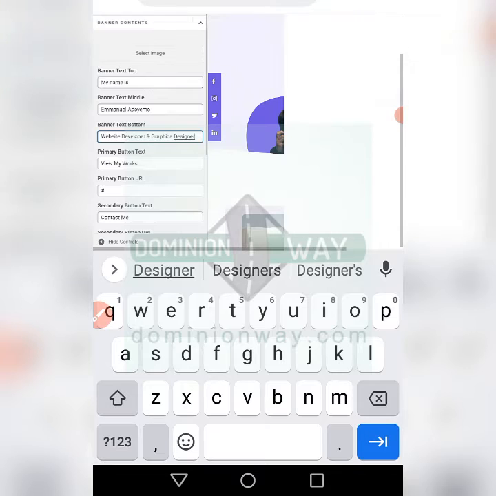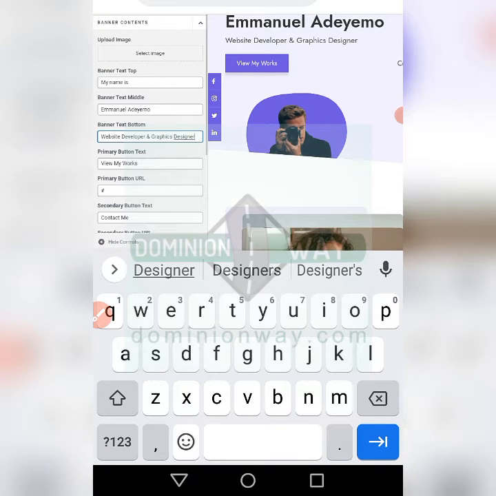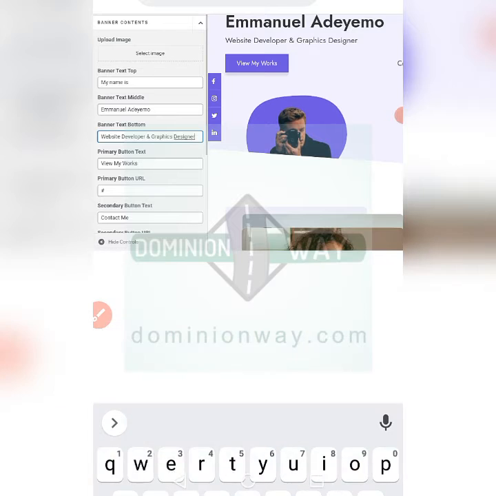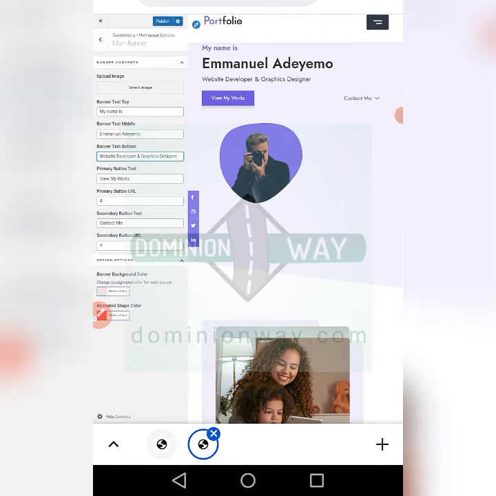If I zoom in, you can see that it has now changed from photographer and editor to website developer and graphic designer. Can you see that? So that's how you change